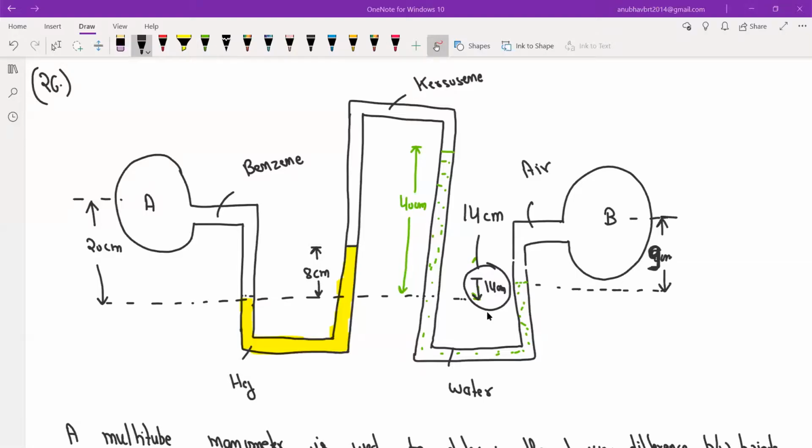Okay, now let me solve it. One method I already told you. We can solve it with the help of one more method. It is points A and B. Assume this is point C. This one is point D, where the interface is going to change. This is point E, and this is point F. Is there any rocket science? C, D, E, and F.